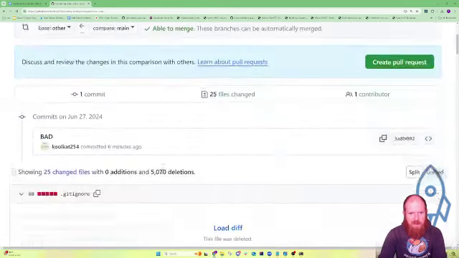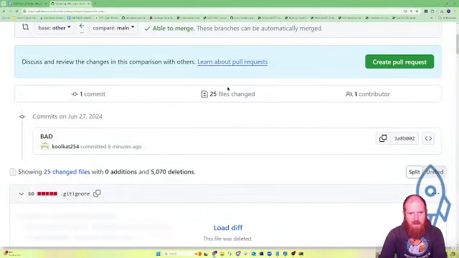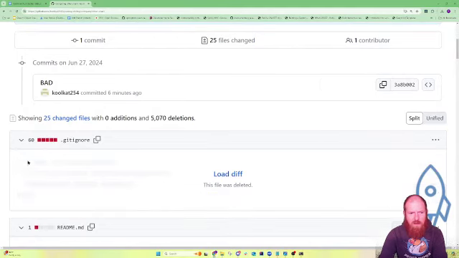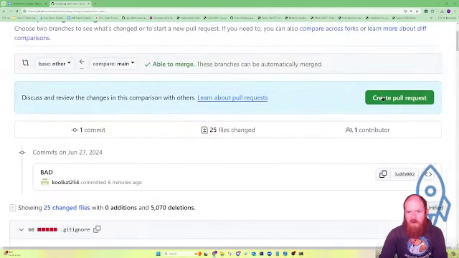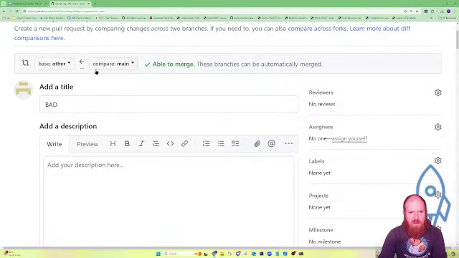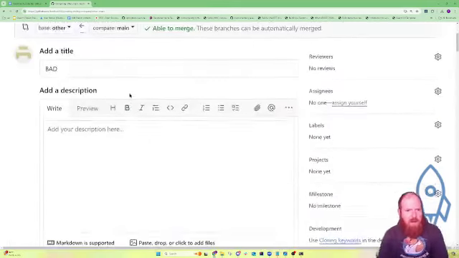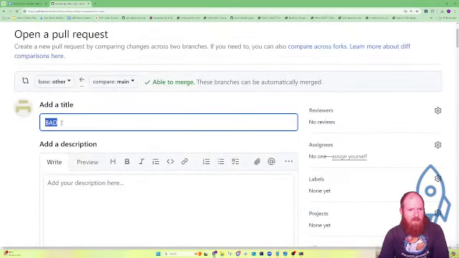Yeah, which is the commit. Showing 25 changes. So you're going to create pull requests. So right here, I created this pull request. Remember my commit said bad, so I can